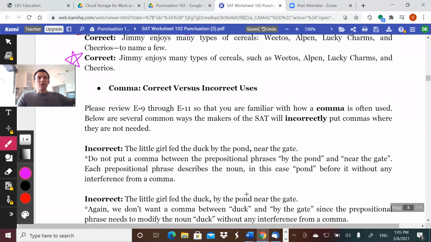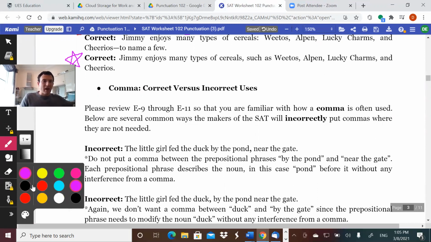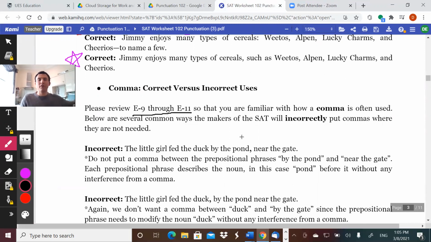Okay, so comma, correct versus incorrect uses. Let me quickly name a couple of common uses of a comma. And there's more in your UES workbook if you want to look those through. But then we'll also briefly look at incorrect uses. So correct uses would be in a list, often with the Oxford comma. So if you have 3 or more items, if I said something like Becky